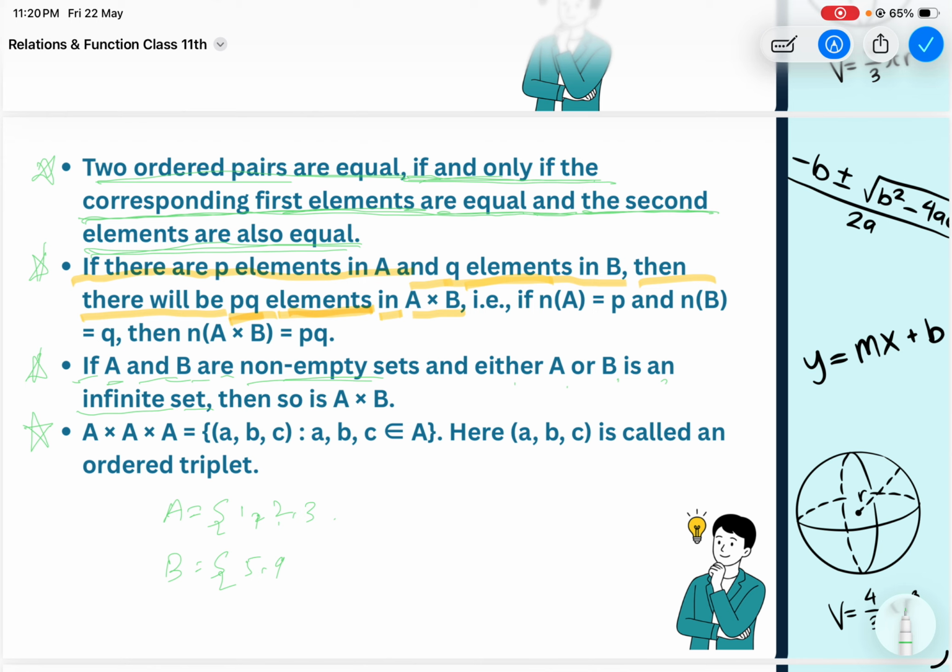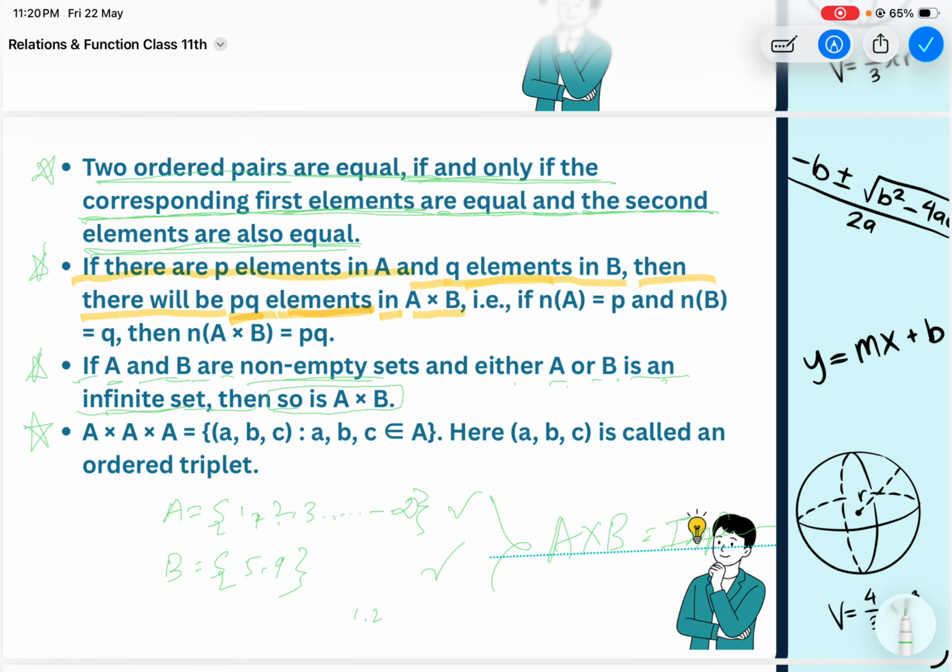Suppose this is the set of all natural numbers, so it will be infinite. So either this or this is infinite; if B is an infinite set, then so is A into B. The product of A into B will also be infinite,